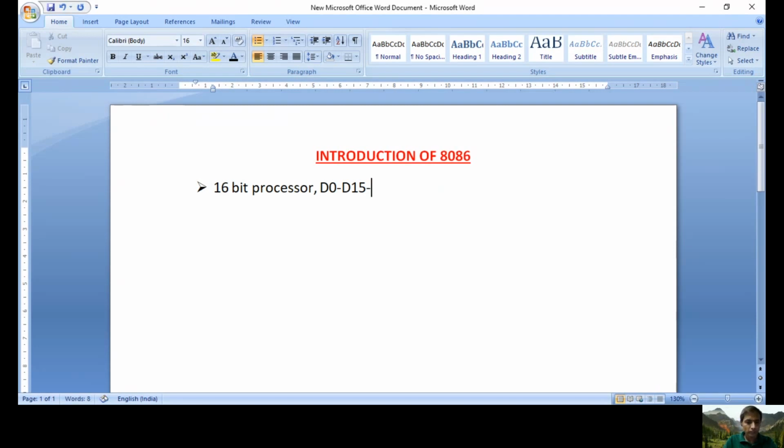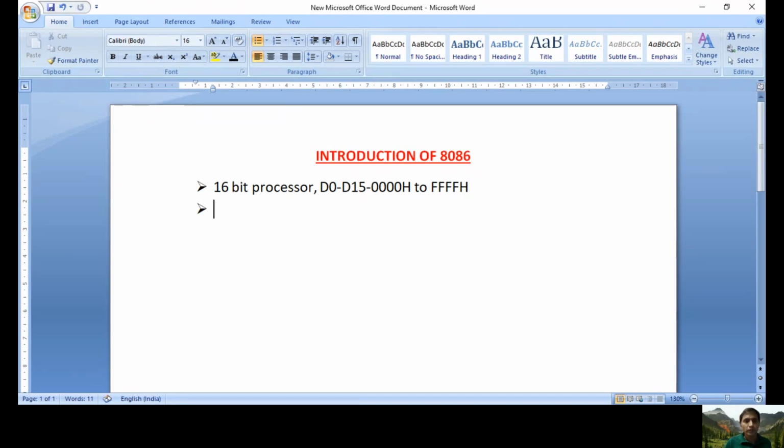So the range is 0000H to FFFFH. In hexadecimal representation, every hexa digit is equivalent to 4 binary bits. So because of 16 data lines, for example, if all 16 bits are zeros, the number is 4 zeros. Assume all 16 bits are ones, then the maximum number is 4 Fs. So with the help of 16 data lines, 8086 can access data in the range of 0000H to FFFFH. That's why it is called a 16-bit processor, because of 16 data lines.